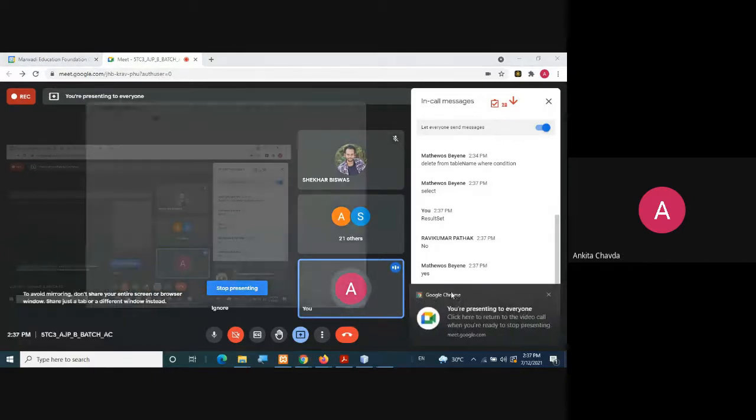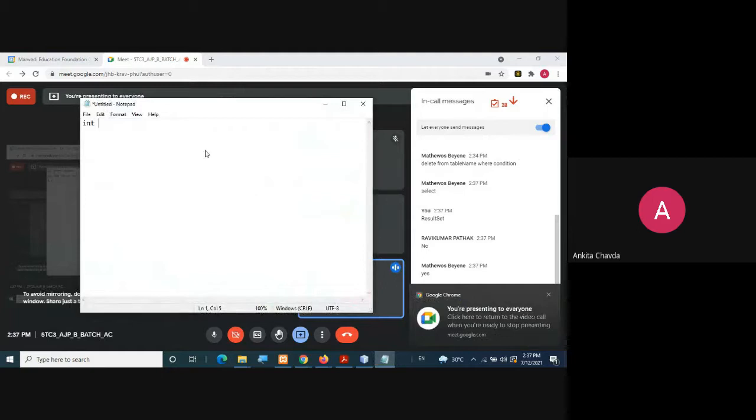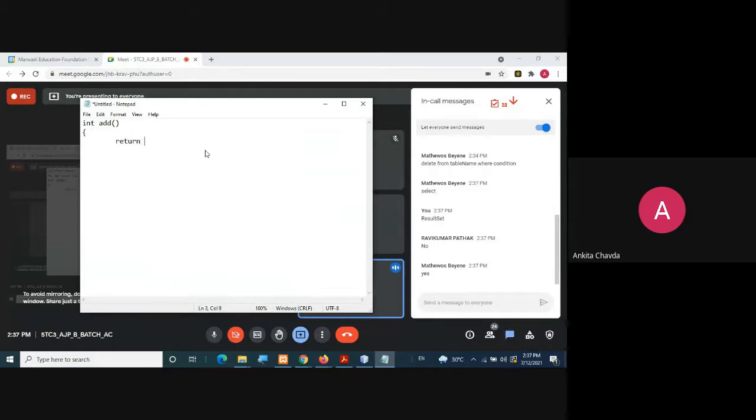If I explain, if I'm writing integer function add, you can say that at the last it will return me some integer value, right? If I'm having void and writing this function, then this function will not return anything. Your other queries are like this, they are not returning anything.